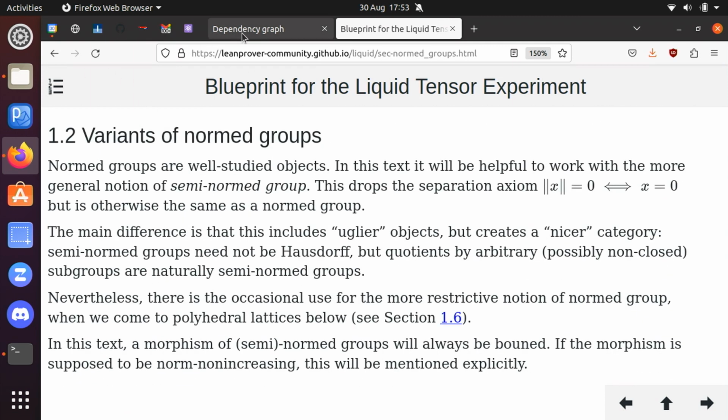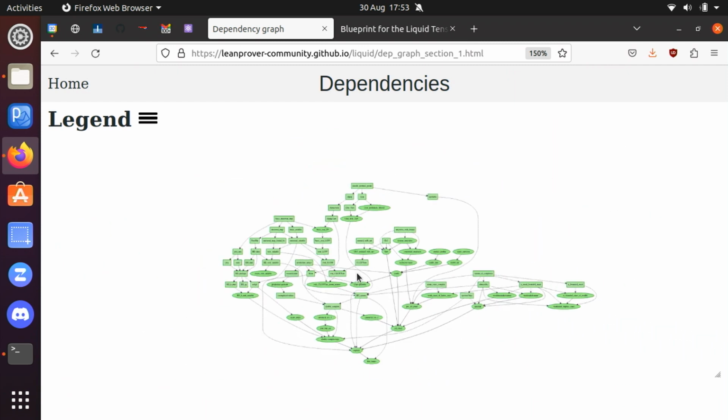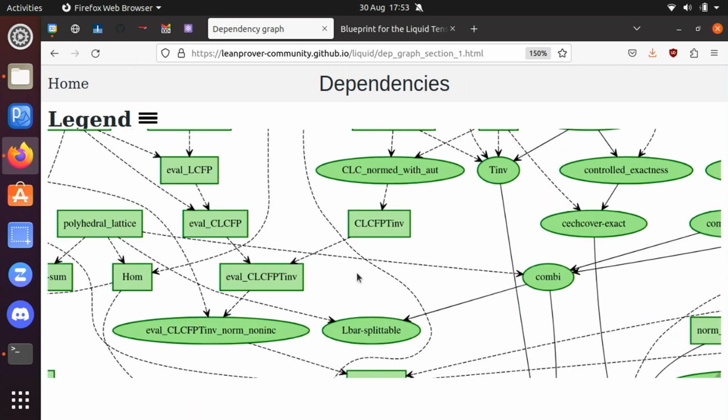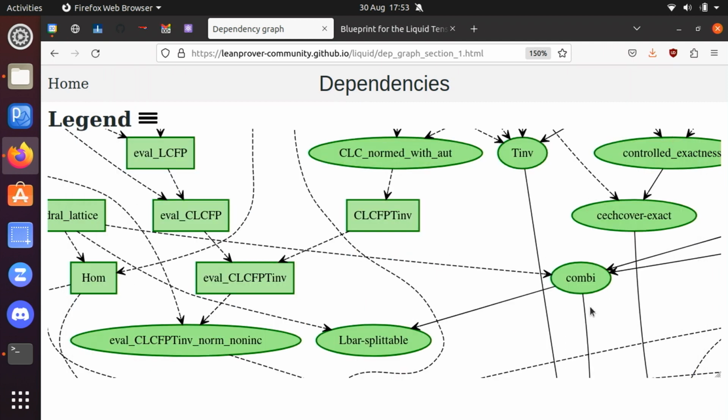But also the thing I really like about it was, as well as this, there was a graph. And at the time, so there's sort of the totality of the graph. This is for the easy theorem 9.4. And at the time, none of it was green. Green means you've done it. Right? These are sort of various goals, and you can click on the goal, and you can see the precise lemma written in LaTeX. And the idea is when you formalize the statement of the lemma, it went blue, and when you'd formalize the proof, it went green. So you could see everything was white, and then things slowly went blue, and things slowly went green. And it was quite interesting watching it happening.